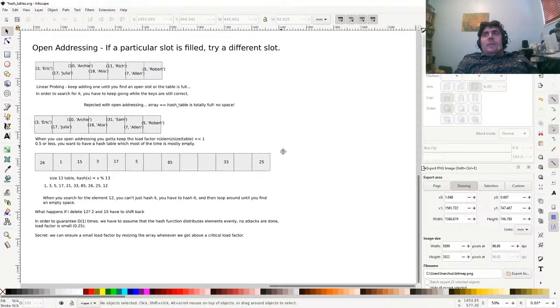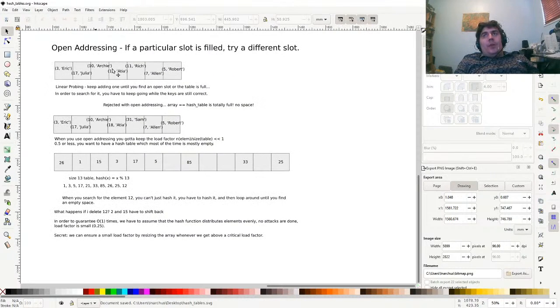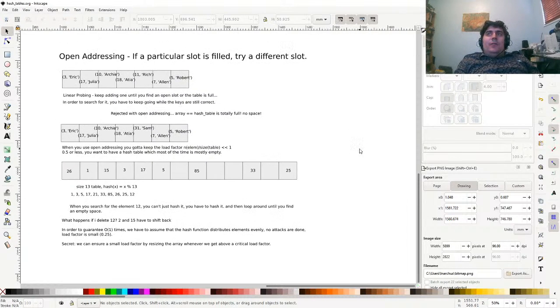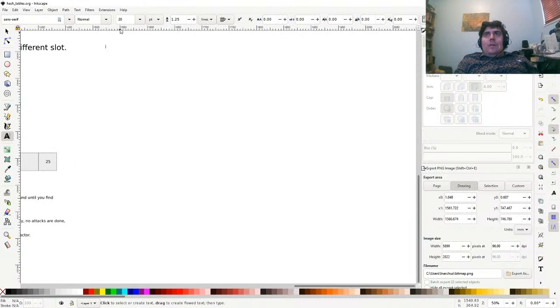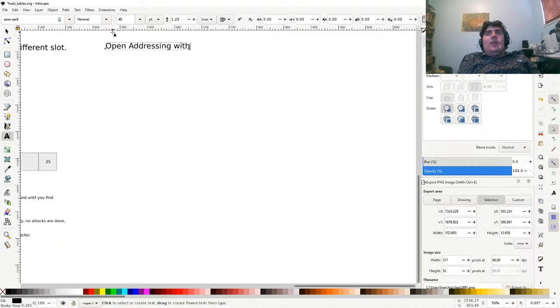So let's do a different method of open addressing. This whole thing was called linear probing. And you see why it's linear, because the offset each time is just 1. You just add 1, add 1, add 1, add 1. So what happens if you do what's called quadratic probing? So let's do open addressing with quadratic